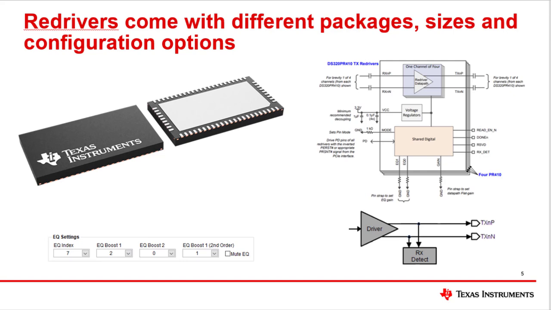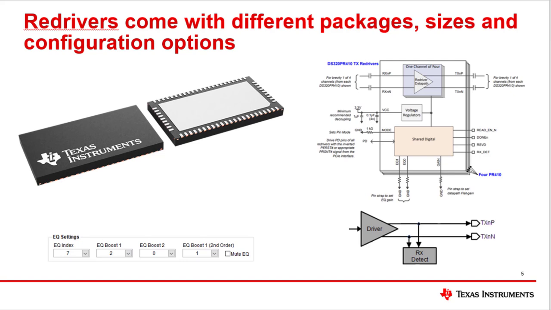Next is the output driver, which is a simple differential amplifier that does not apply frequency boost. It controls the DC gain, which is the redriver's second tool for signal modification and comes with 5 options. The output driver can make the signal larger in voltage at the cost of increased noise, or smaller in voltage for reduced noise. Finally, there's RxDetect, which is a required function by PCIe specifications for startup sequencing. It's the only self-driven or smart behavior the redriver has.